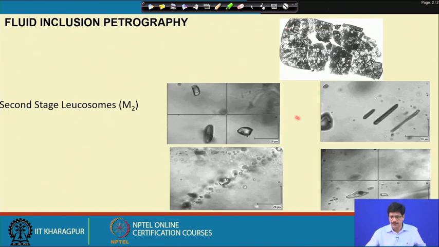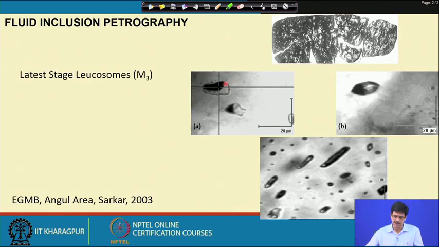And as I was discussing, there are situations in which we could be seeing some very special type of occurrence of fluid inclusions, like here we could see that this particular inclusion contains graphite, which is confirmed from a later type of study. So, this definitely has to be documented, even though they may not be very numerous or occur in very high population. This occurs in the latest phase of the leucosomes in the Eastern Ghats mobile belt migmatites, and this latest stage of fluid is very much characterized by this.